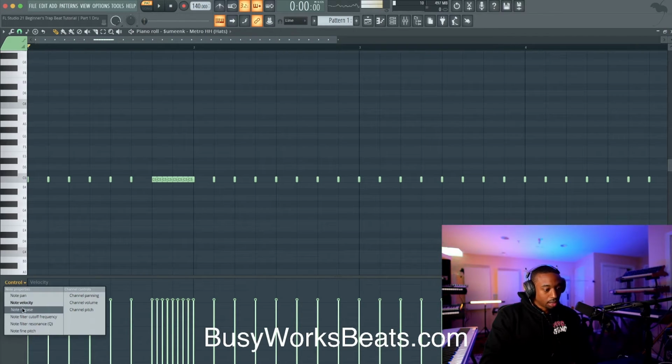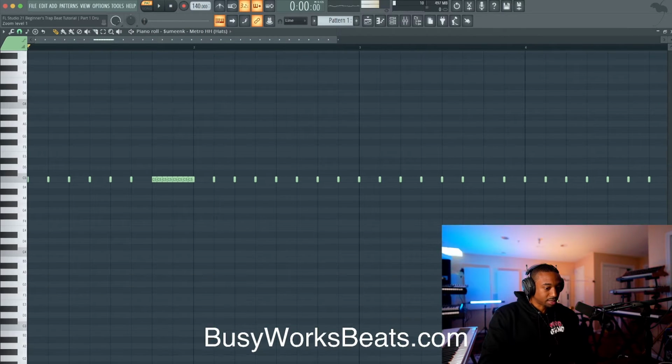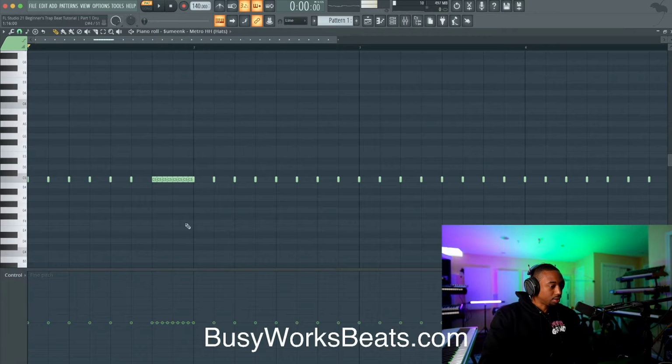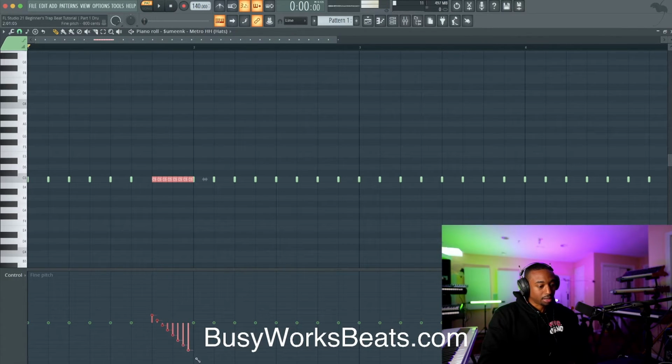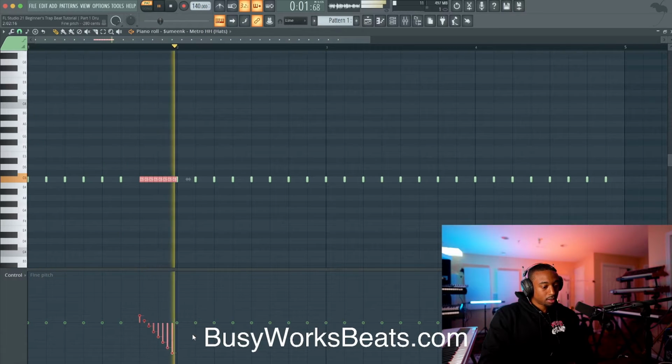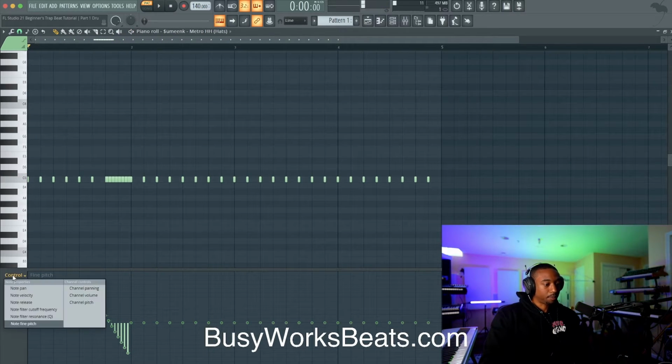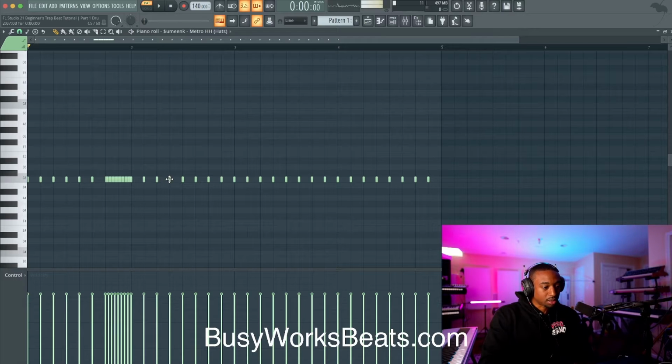Actually, I'll just show you. Okay, so if you click the bottom, you can click here. If you don't see this, grab your ellipses at the bottom here and pull this up. And you can control the pitch of these notes. So let's highlight these notes and right-click the fine-tune pitch. And that's how you do pitch dives like that. Okay, used in a lot of very specific genres.